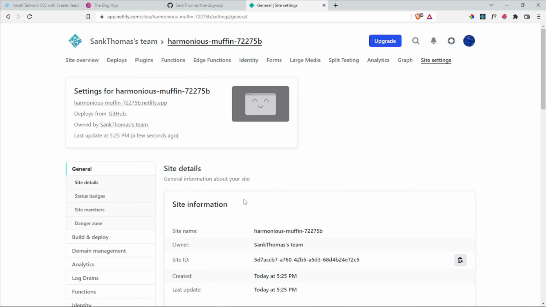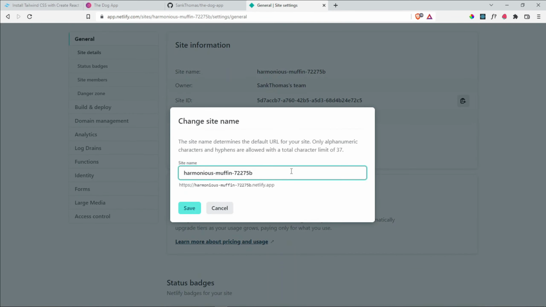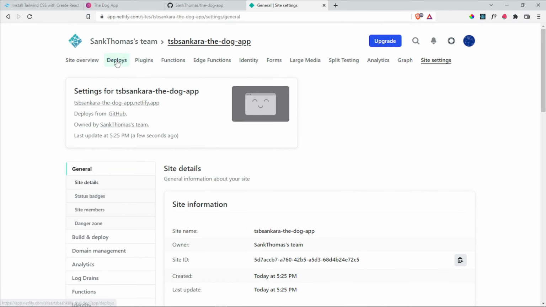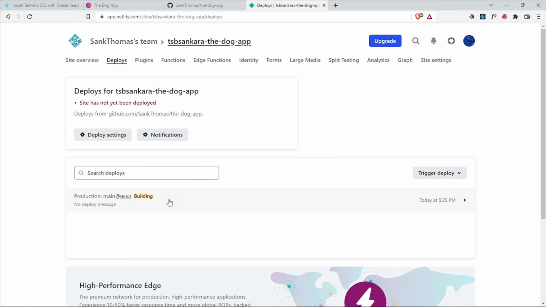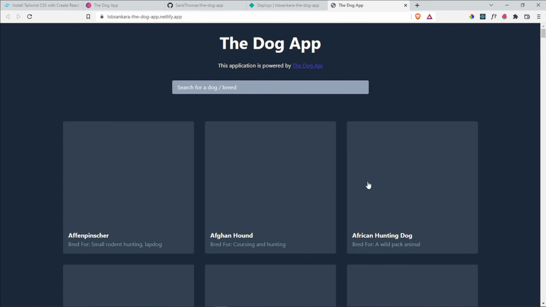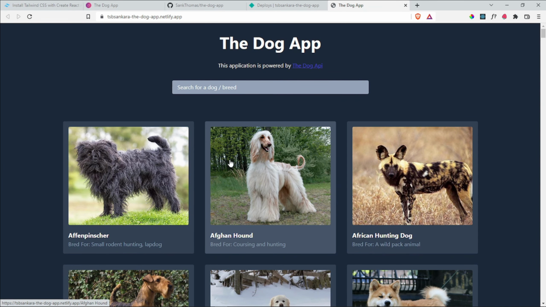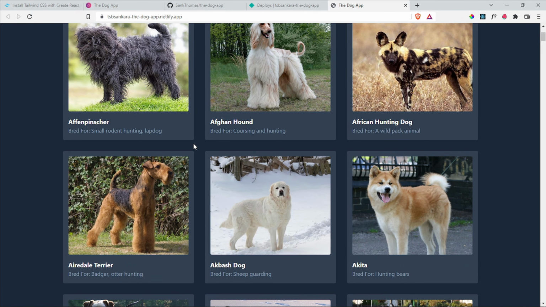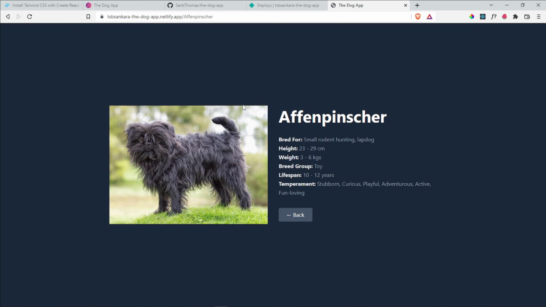Let's change the site name, let's say TsbSankara the dog, and then let's wait for a moment for this to finish deploying. Once it publishes, you can go to this link and you should see your application, depending on the link that you clicked on. Now let me show you what I realized. If I click on a card here, notice how the link changes correctly, but if I reload it,